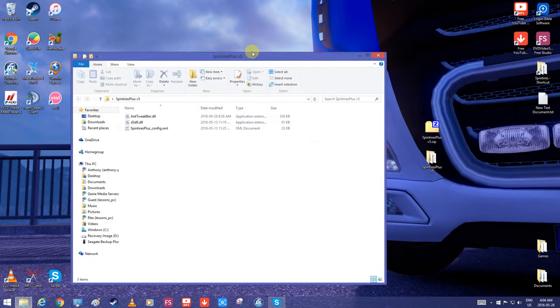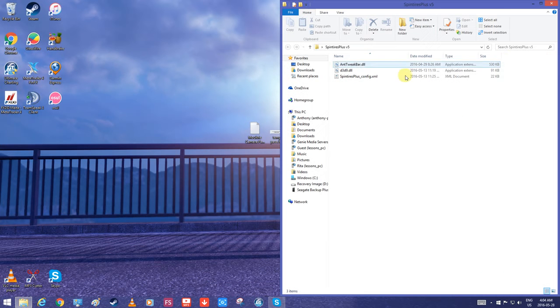So you can see all we have in here is just 3 simple files. The other versions, I think from V1 probably to V4, he only had these 2 files that he used. He had to add this file here for some reason. I don't exactly remember why. I'm pretty sure it explains in this file here. I will show you how to open that after, but let's get to open our folder that we put these